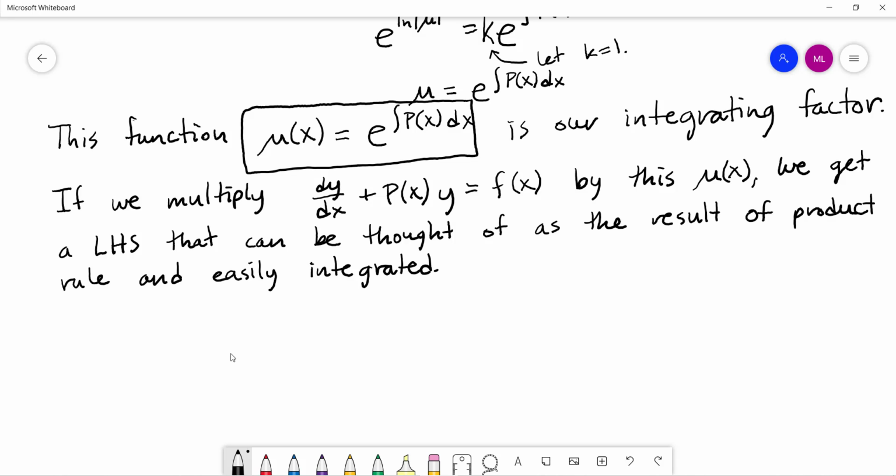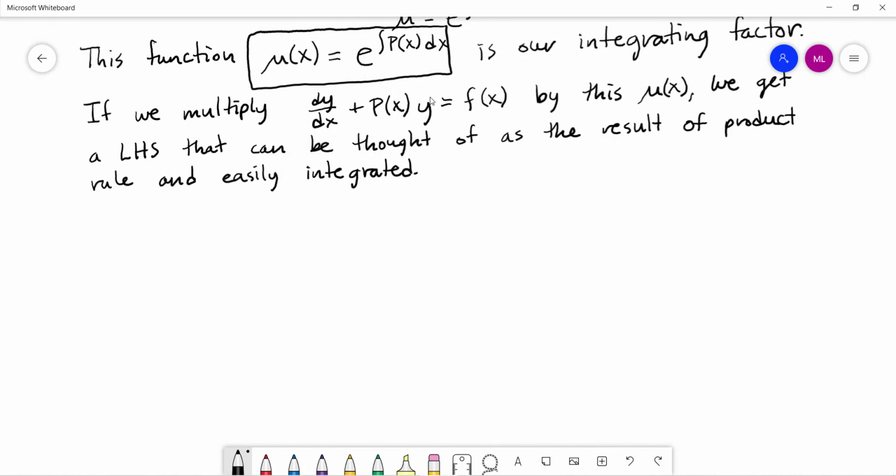Hopefully it'll make more sense once we actually start doing some of the problems, but let's just assume that we're at this stage. Let's assume that we've done this. And let me keep going in sort of a generic form where we haven't specified what our p of x is. We haven't specified our f of x. So let's go through the problem totally generically. And then let's actually do some actual examples where we plug in real functions for each of these. Okay. So let's kind of recap this. So to recap,